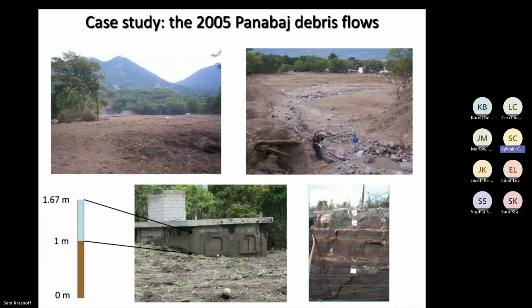So there were about 400 people that were killed. These are pictures of some of the damage and impact of these debris flows on the channel and on the alluvial plain where the town of Panabash is located. But also you can see here at the bottom the impact left by the water above the